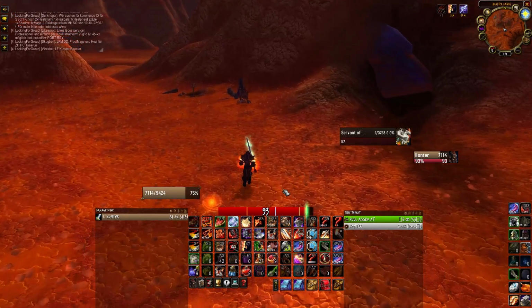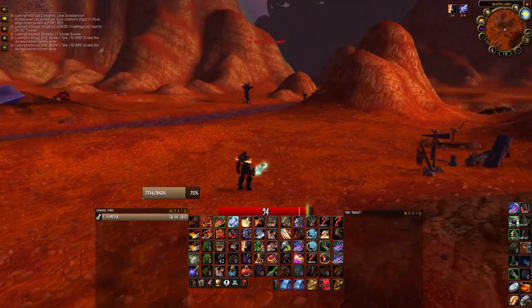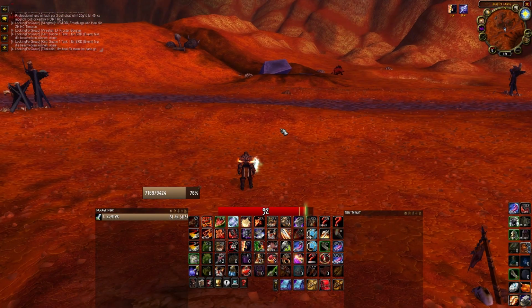So you always have to watch your swing timer, and if your swing timer is below 1.5 seconds, you don't really want to press any other button that causes GCD, unless there are some nuances that I explained to you. So if you can advance your 3-hit combo to 4 hits with Whirlwind or Mortal Strike, you always want to do that, of course,